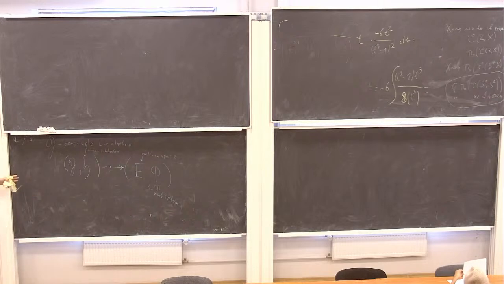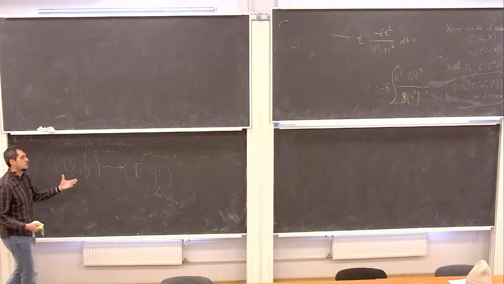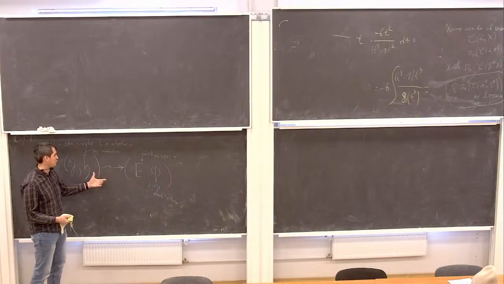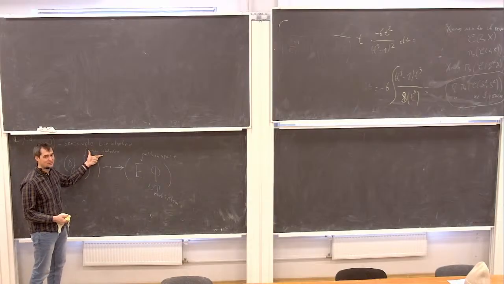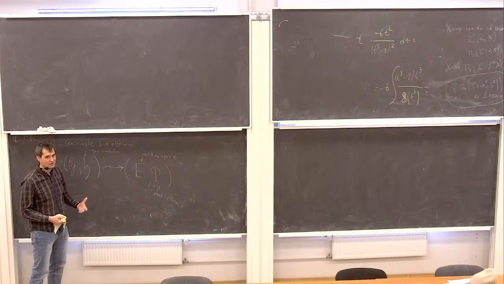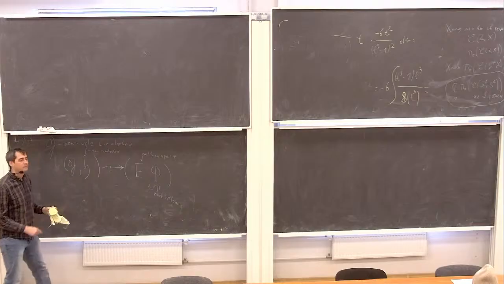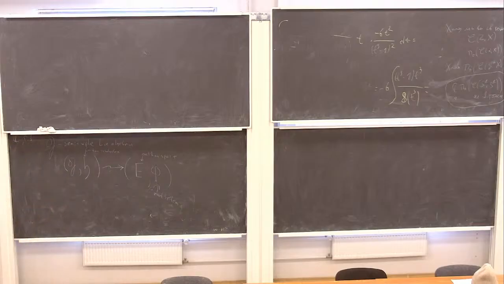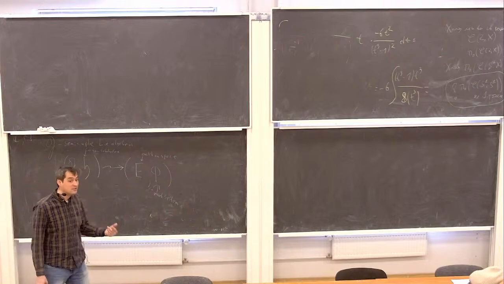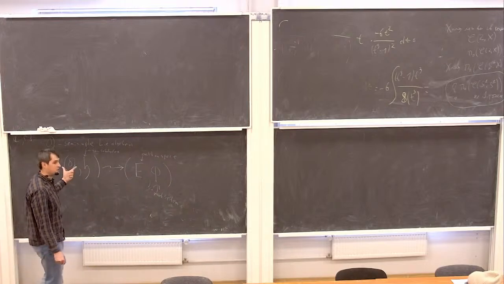But we use something else for this. To prove that this is a map, we should prove that it doesn't depend on the Cartan subalgebra. Otherwise, if it depends, then it is not a map. But what is the key point? How did we construct it? What is the key point?